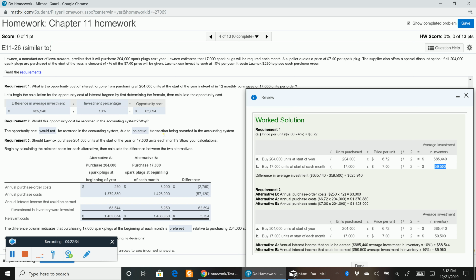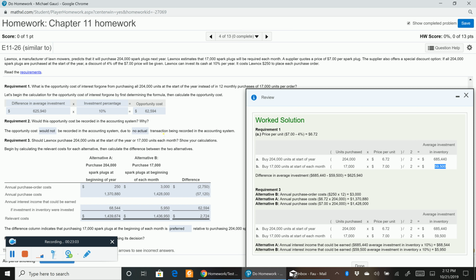Opportunity costs are not recorded in the accounting system. There's no journal entry for the opportunity cost, but this is something that is very important to the decision-making process. We can't lose sight of what we could do with the money if we choose one alternative versus the other. So in the next requirement, what we are going to do is